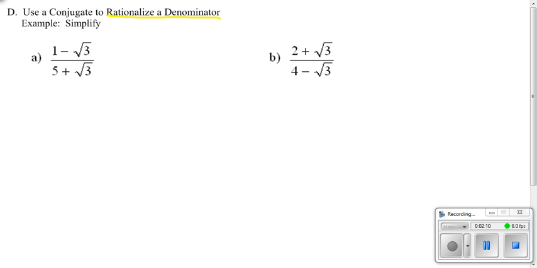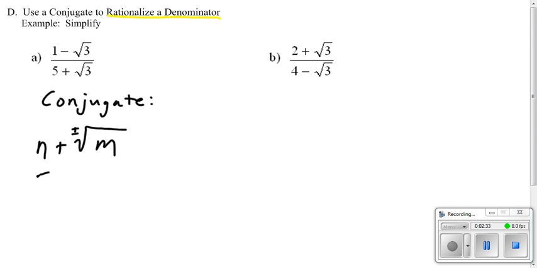What we need is called the conjugate. And a conjugate is basically whenever we have our binomial or our binomials, normally what we're going to be using, n plus, we'll use an index of a radical and our m underneath. Our conjugate is basically just going to be the same values, but instead of the plus in front of the radical, it's going to be minus. So our conjugate would be n minus